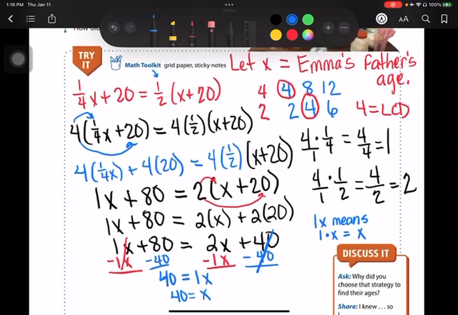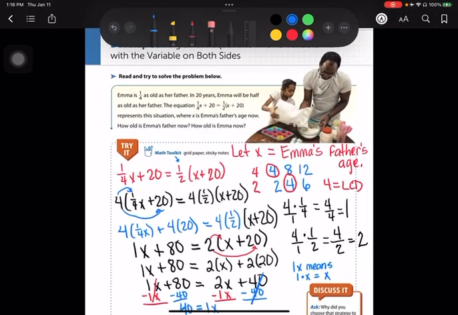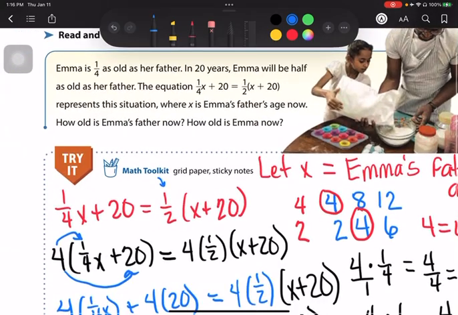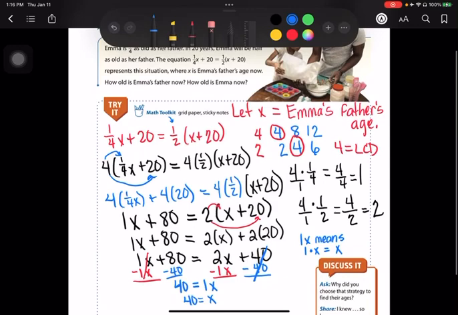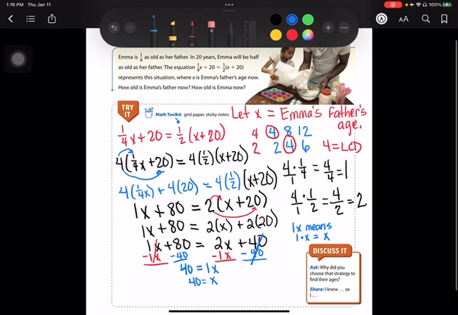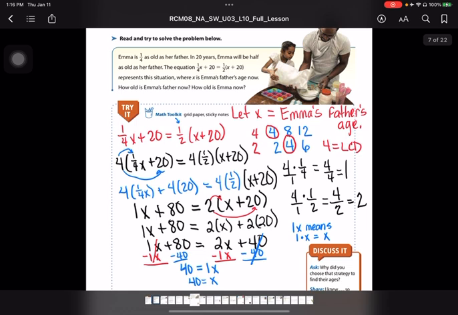Okay, so it says in the problem, how old is Emma now? Emma is a fourth of her dad's age, right? We're going to figure that out by going to the next page. We're not going to answer all the questions now. We've done the work here, which means we can skip to page 232. So if we go to the next page,